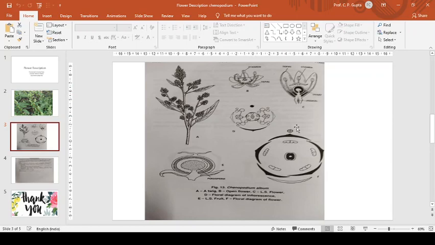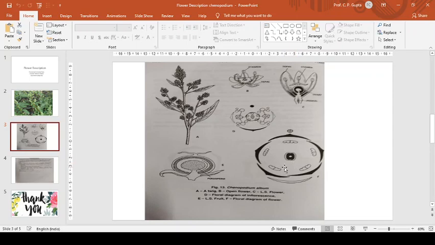Now we come to the androecium. Stamens 5, polyandrous, located opposite to the perianth lobes. Opposite to the perianth lobes. Here. Filaments long and equal sized, anthers dithecous, basifixed and enclosed, bent towards ovary.